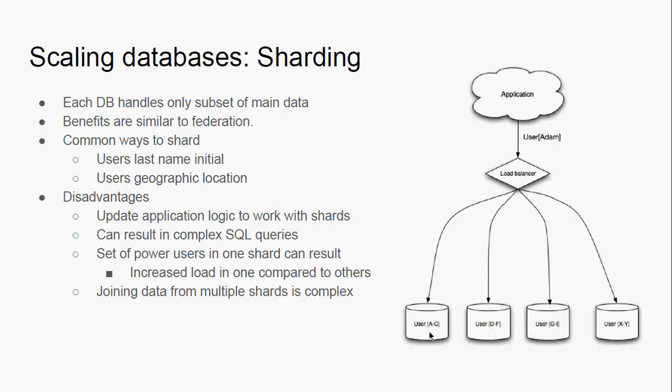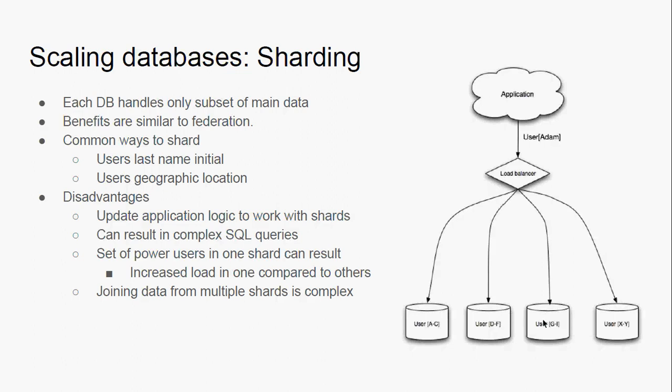The first one handles A to C. When I say A to C, it could be the last name, meaning the last name starts with those letters. So if any user's last name starts with A to C, I put him in the first database. If it starts with D to F, I put him in another. And similarly, this is just an example. If your data is really large, you can have more